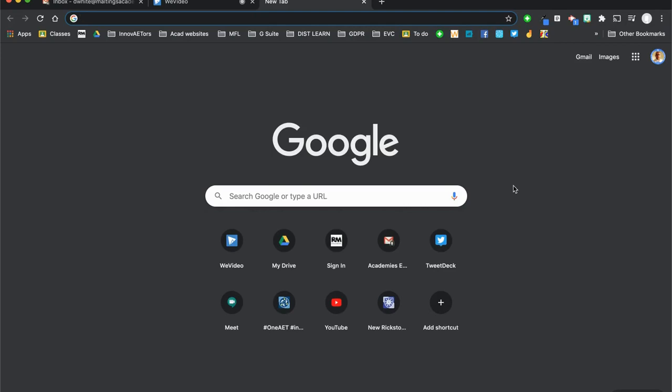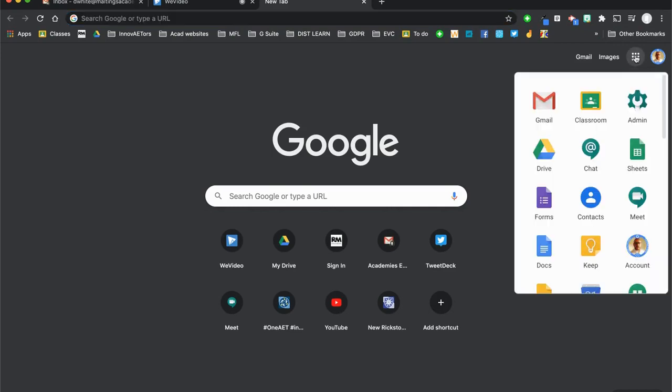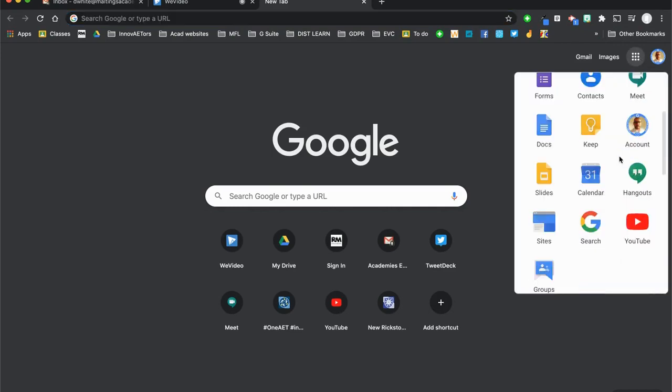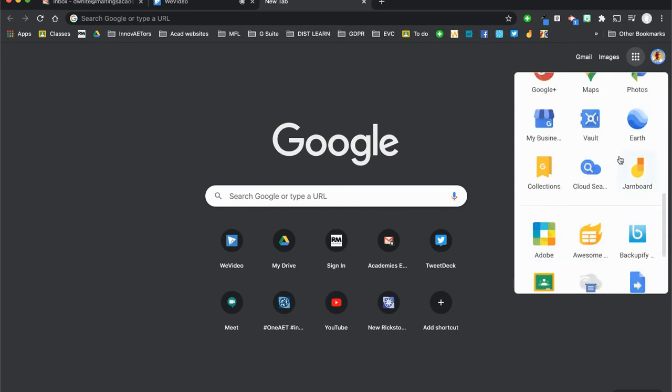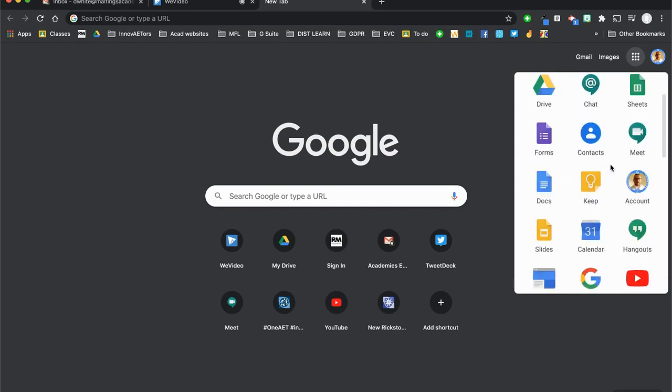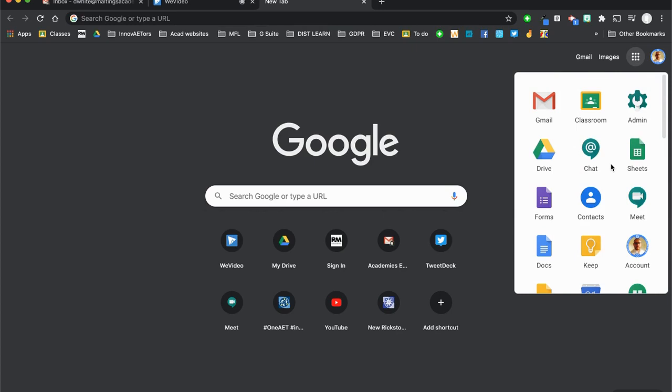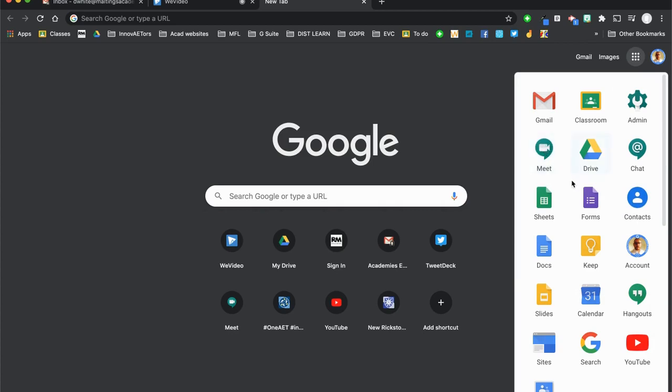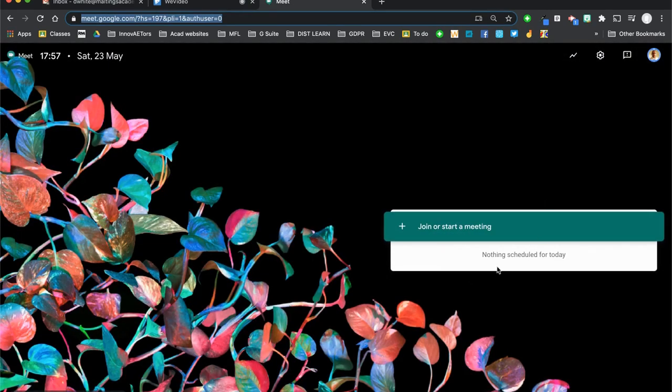So there are a number of ways that you can access your first Google Meet. Obviously the most common is to go through our waffle and to find the logo for Google Meet. But what you might find is it's not automatically sitting there waiting for you to use if you haven't used it before. But remember, this is customizable, and once you've found them, you can move those around to wherever you want. So I can click on Meet, and it will take me to the Meet homepage